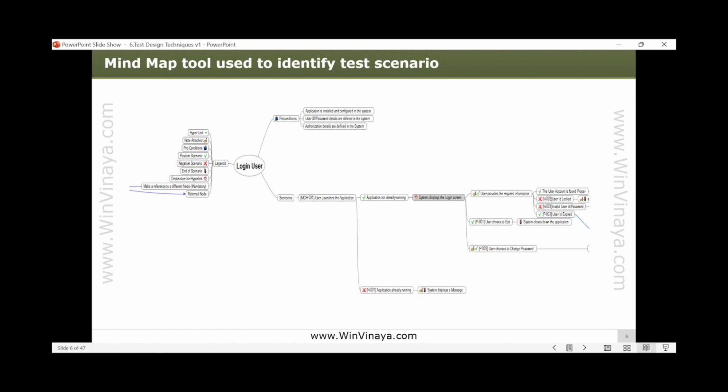create a test case. So when it comes to a scenario, for example, the user launches the application. If the application is launched, the first thing we need to do is this. They give some scenario which can be related to some application. So the first thing is the user will launch the application. If the application is not running, the system displays the